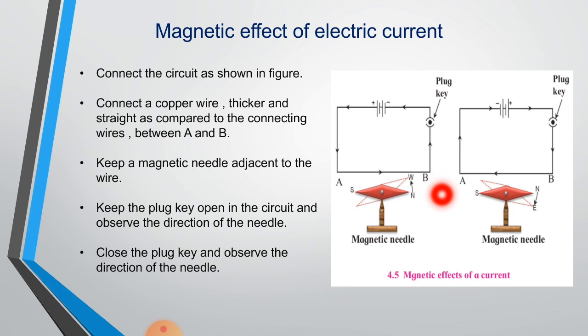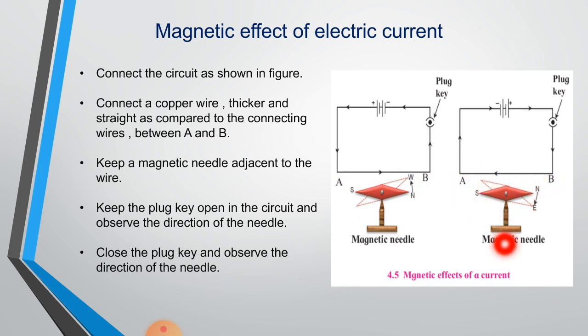Here you can see in the second situation what happens. In the second situation the current flows with the charges opposite: here first time is a positive charge, second time negative, but here first time negative and second time positive. So current flows from B to A. यहाँ पे आप देखोगे डायरेक्शन कैसा है, बी साइड वाला है. यहाँ पे आप देखोगे इन दोनों में डायरेक्शन कौन सा है, ए साइड वाला, which means current flows from A to B and here it flows from B to A.